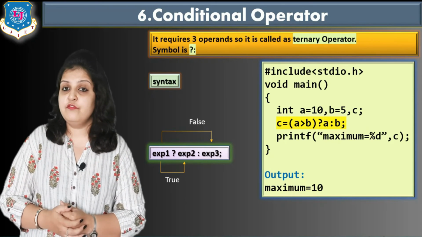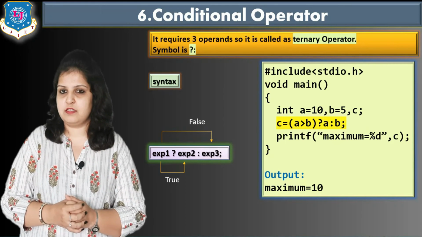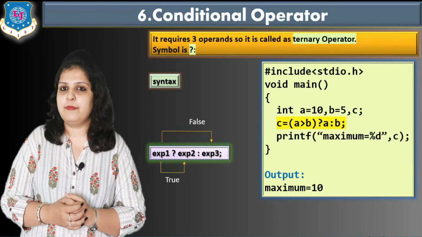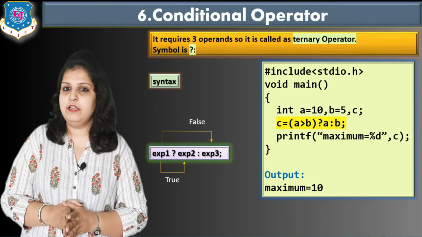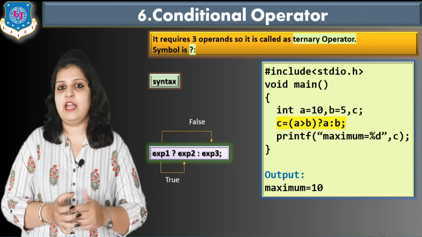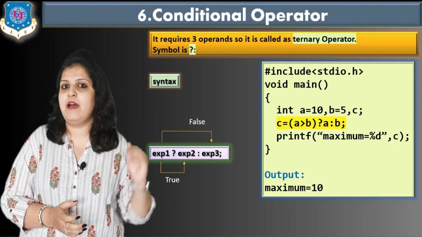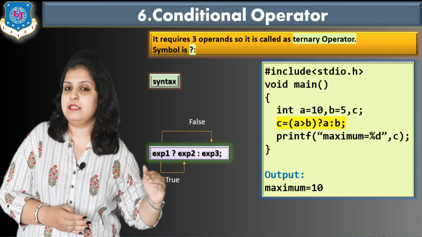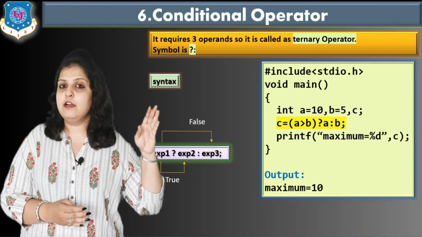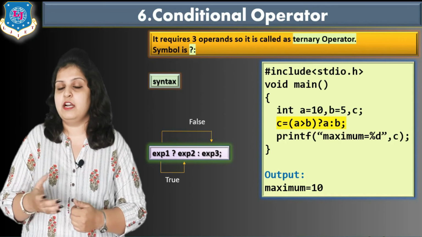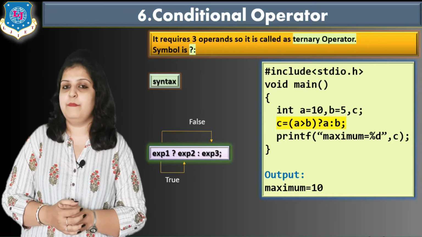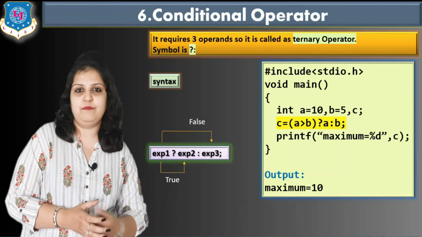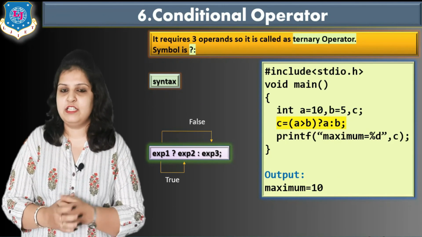So in this video lecture we have learned a total of 3 different types of operators: assignment operators, then increment and decrement operators, and conditional operators. By using the conditional operator we can optimize our code, because when you use a conditional statement like if else, then you have to write 4 different statements: first if, then the true part, then else, then the false part. So by using 4 statements we can check the condition, but here using the conditional operator we can write the same code and check the condition in only 1 statement. So this is the advantage of the conditional operator.